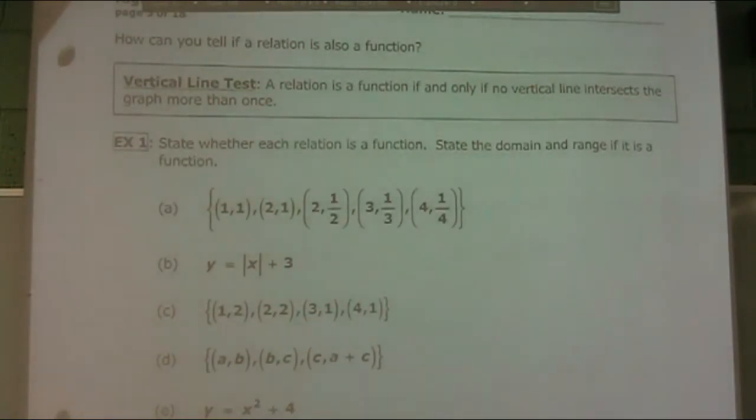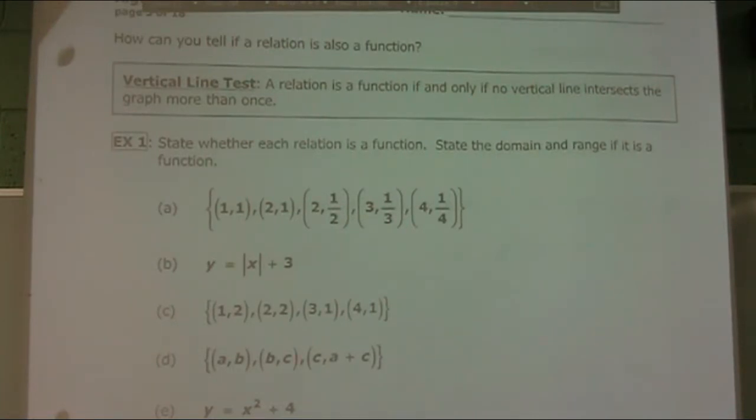So the question is, how can you tell if a relation is also a function? There's this thing called the vertical line test, and a relation is a function if and only if no vertical line intersects the graph more than once. And we're going to do some graphs, and I'm going to show you how this works. But we have some of these that are just sets of ordered pairs that we can look at and we can see